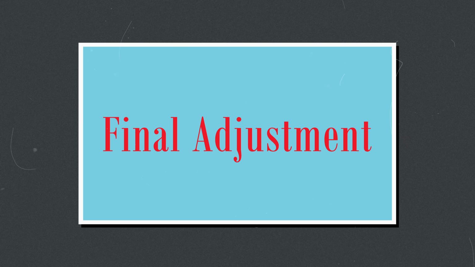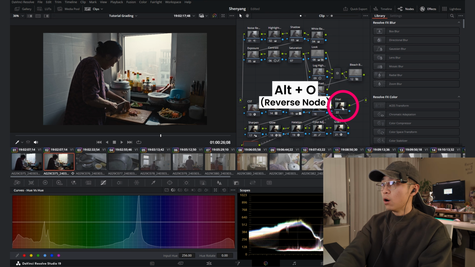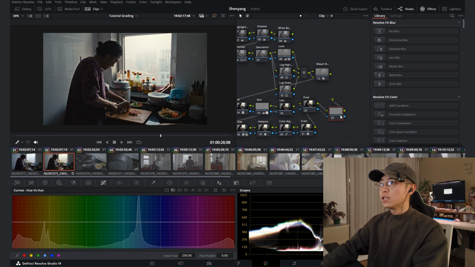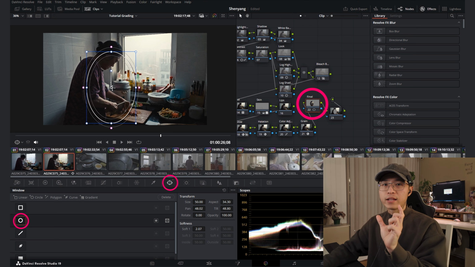So last note, any additional adjustment you still want to make? For me, honestly, not too much. I will show you a little trick I usually do, but not every time. I will hit Alt-O to add an additional note. This is the reverse note of the previous one. See, nothing is here. When I create a mask on the image, it will create a reverse mask for the previous one. So what I want to do is get the audience's attention to where I want the audience to